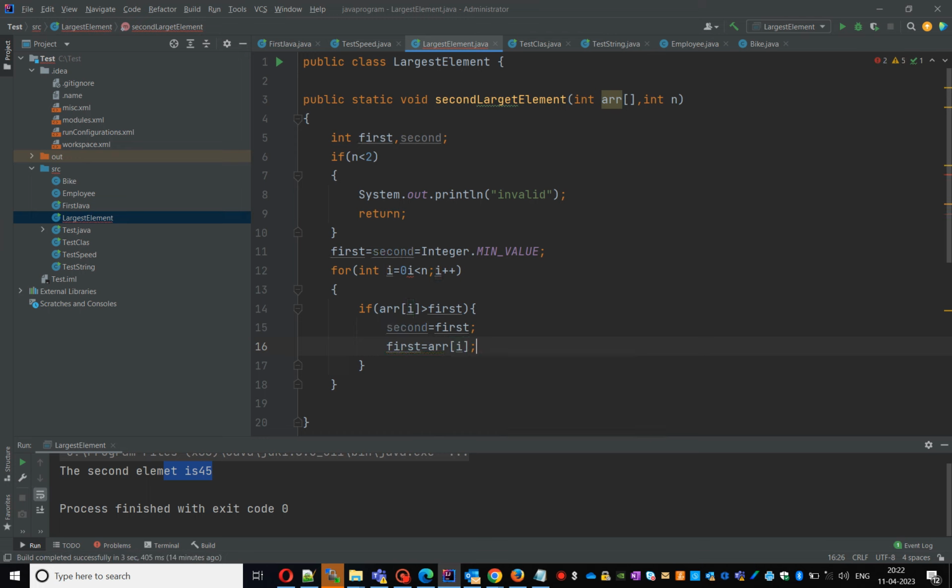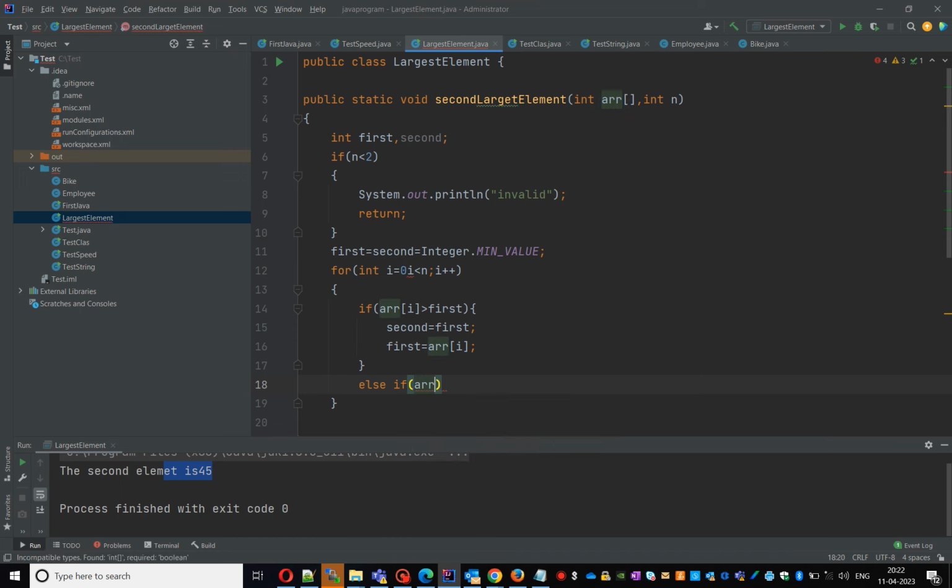Okay, that is my first condition. Then if arr of i is greater than first, then second equal to first, then first equal to arr of i. Then else if